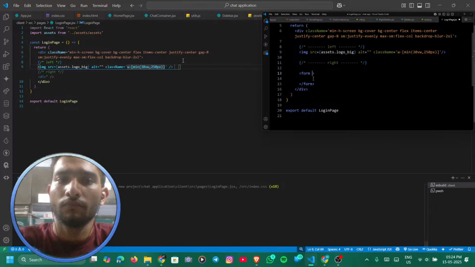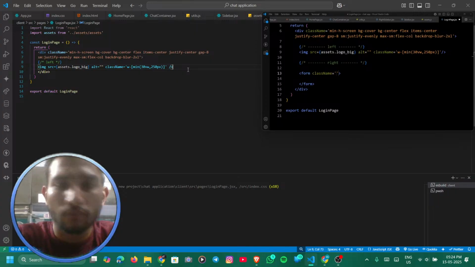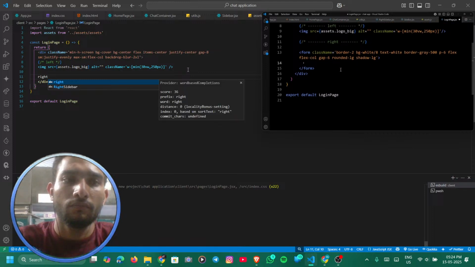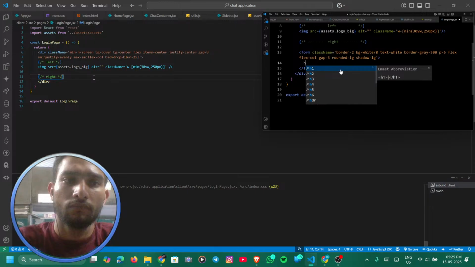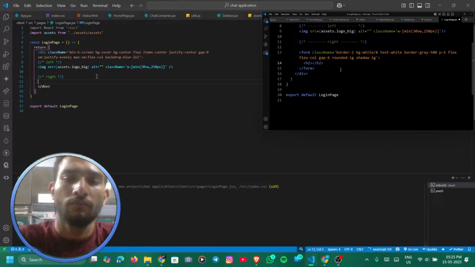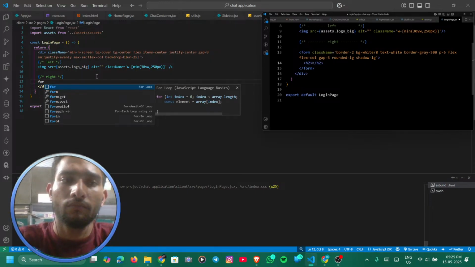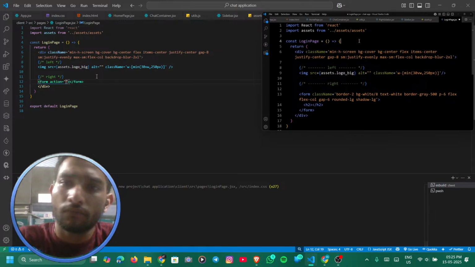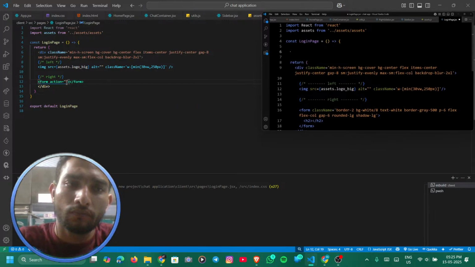Now in this form tag, let's add some classes. So we'll add the class name property and provide these Tailwind classes. After adding it, here we will add one title in this form, and in the title, either we will add sign in or sign up. So we will add the text in h2 tag, and here instead of adding the manual text, we will get the text from the state variable. So before this return statement, we will create a state variable. So let's add const current state, and the setter function name is set current state equal to